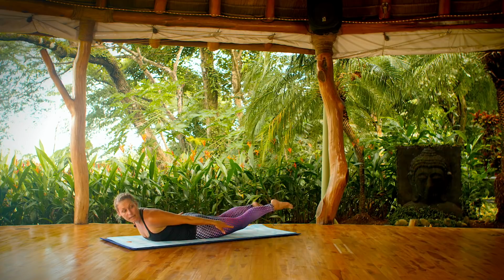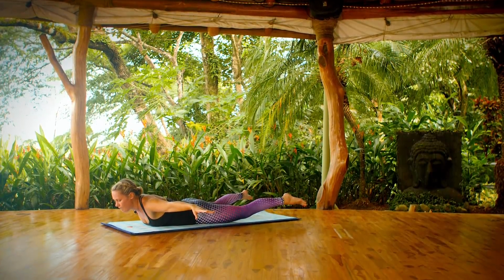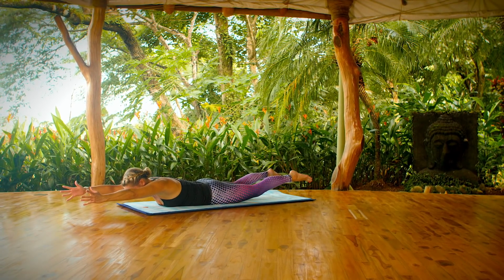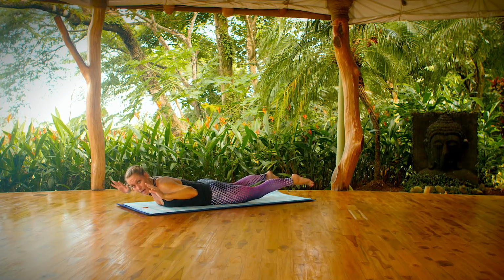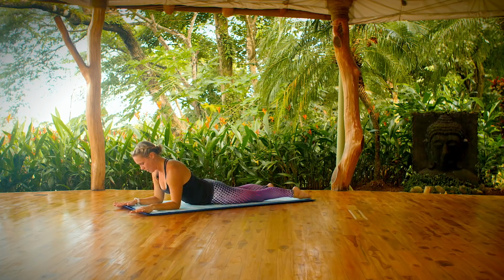You're going to bring your legs to mat distance apart now. Bring your arms to capital T, palms face down. Bring your legs back to hip distance apart. Bring your arms forward, palms face each other. Now release your legs, bring your forearms to your mat so that your forearms are parallel